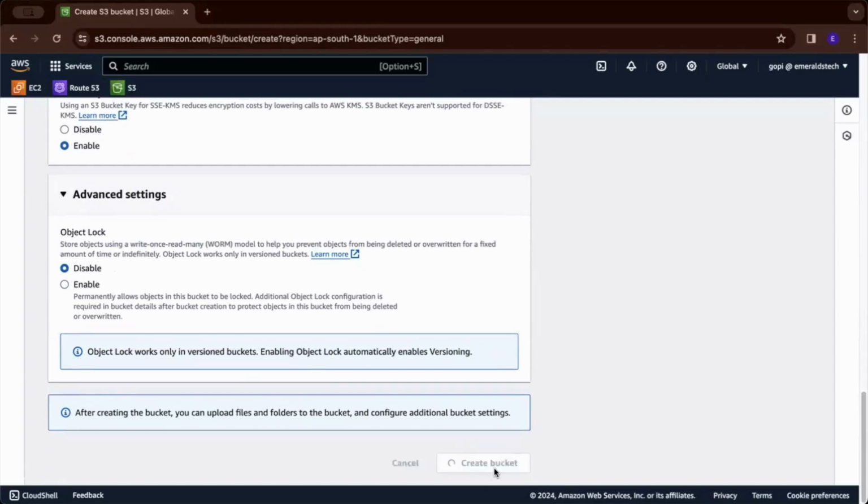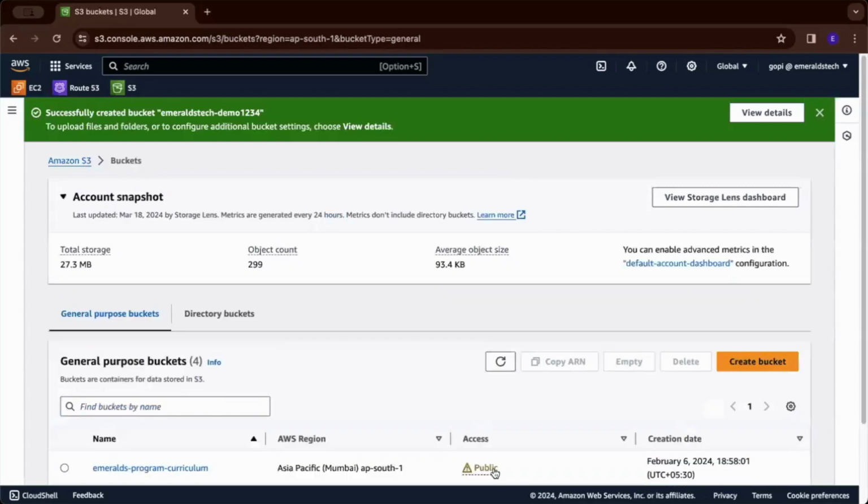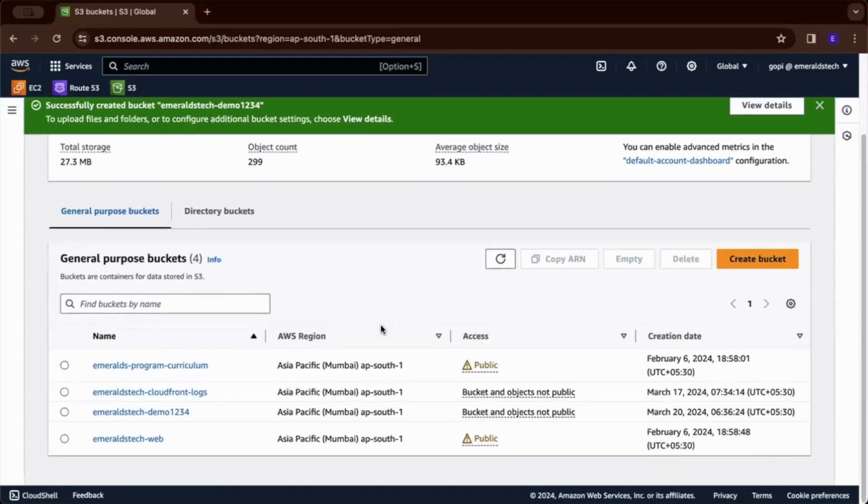Create the bucket. My bucket is created, and if you see here, this is what my